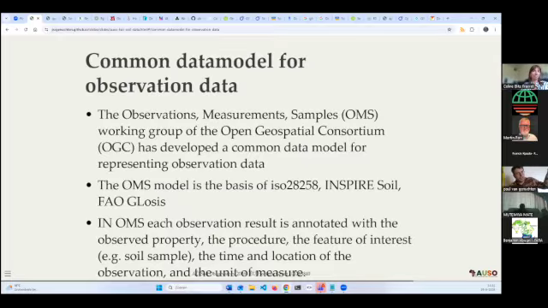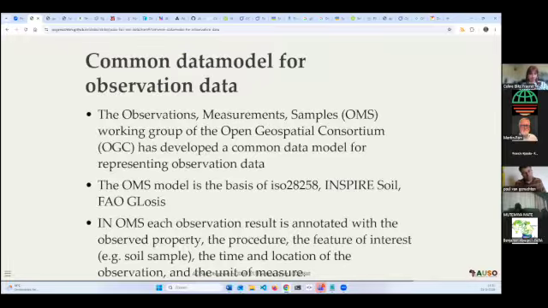In OMS, each observation result is annotated with an observed property, being calcium or magnesium from a code list, the procedure under which it was being measured, and the feature of interest, being the landscape or being the actual soil sample taken from layer 2, depth 10 to 20 centimeters, as well as the time and the location of the observation and the unit of measure.